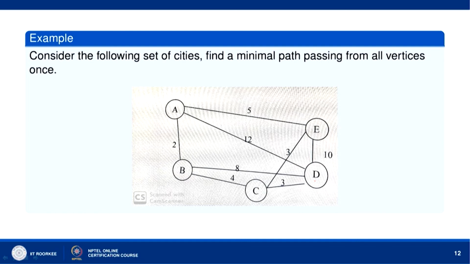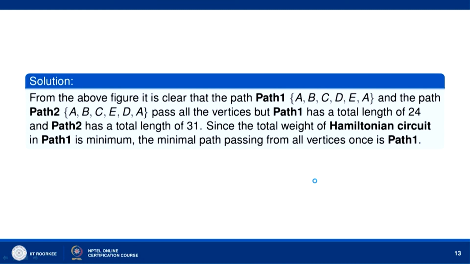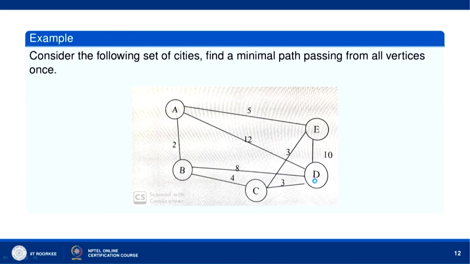So, let us see, we have two paths. Because we have to consider the Hamiltonian cycle. So, we have to consider each vertex exactly once while going along this graph. Suppose we start with A, then we must consider the Hamiltonian cycle ending at A. So, let us see which path we can take.